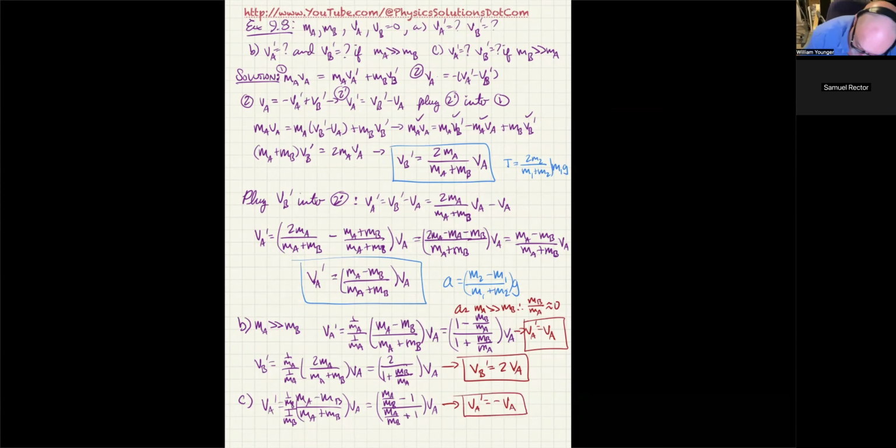Now we'll do VB prime. VB prime is 1 over MB over 1 over MB. Oops, getting really small fitting it in there. Let me just scribble some stuff on it. That'll fix it. So 1 over MB over 1 over MB times 2MA over MA plus MB. And this thing's doing that weird thing where it starts erasing lines when I'm near the bottom.